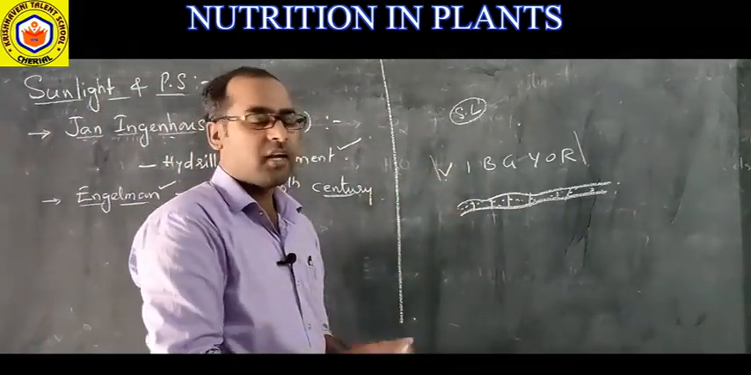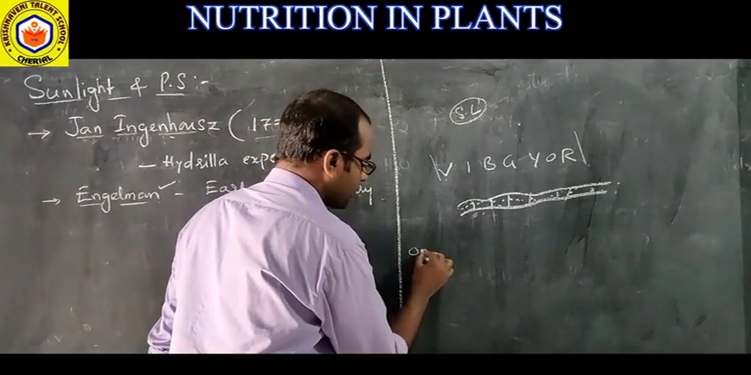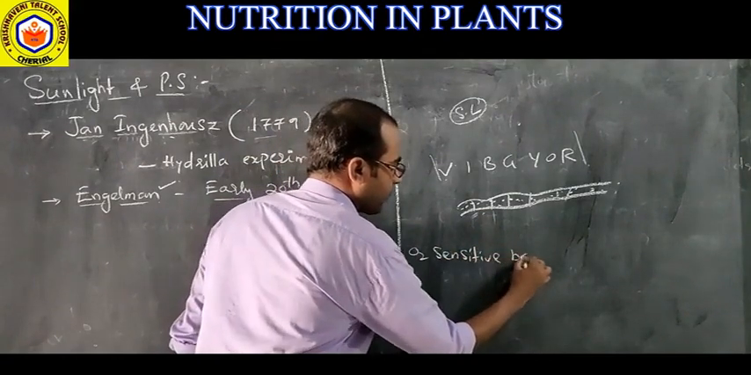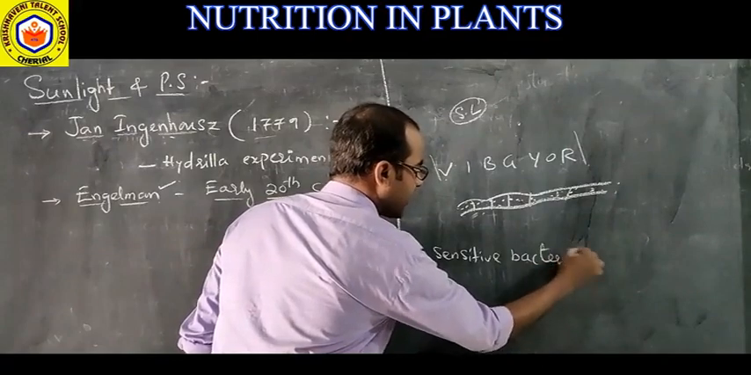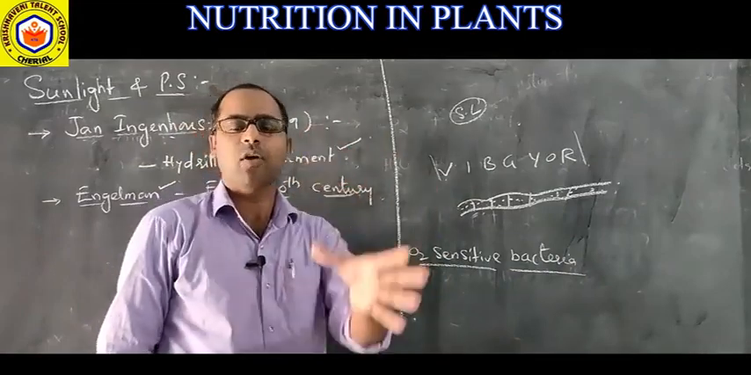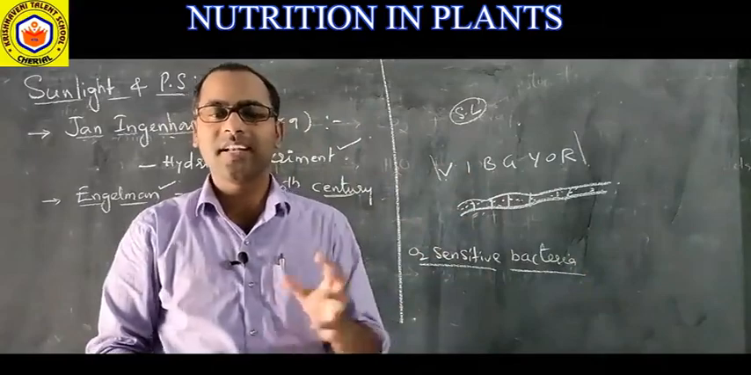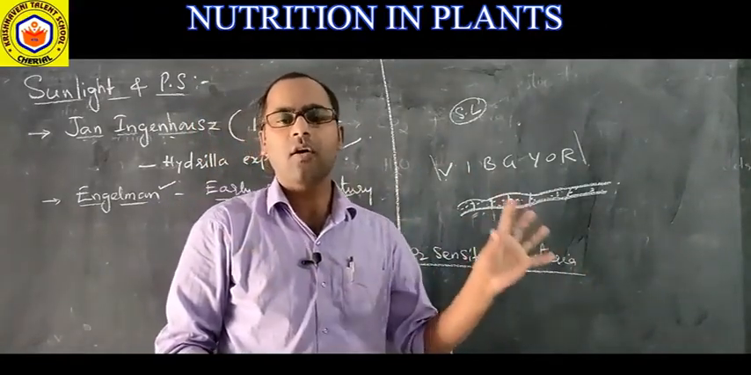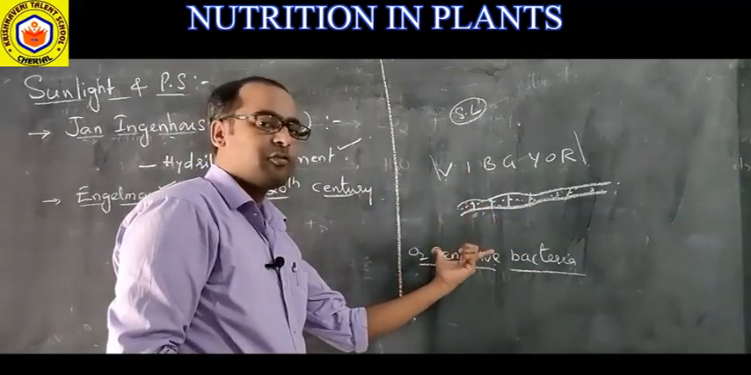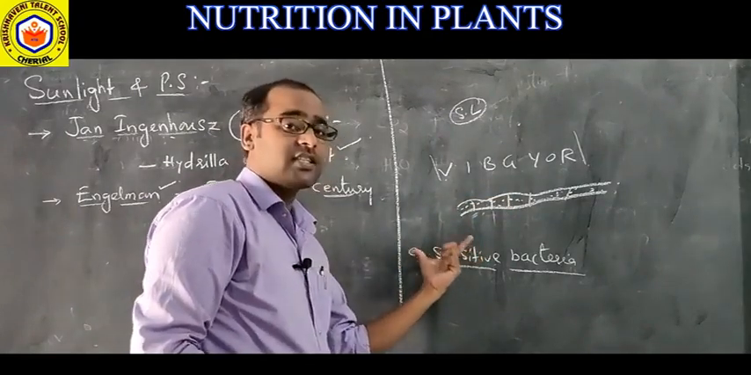Then he allowed it for some time. After that, he introduced oxygen sensitive bacteria, which are bacteria that are sensitive to oxygen. That means they will crowd towards oxygen, they go towards oxygen, they need oxygen. So when he exposed oxygen sensitive bacteria to this algal strand,